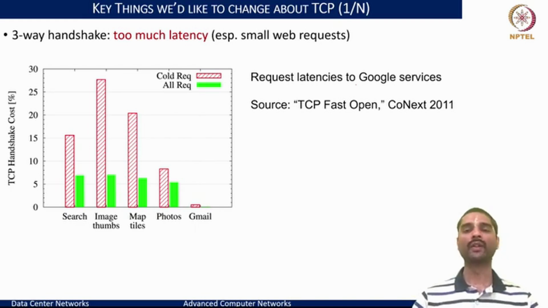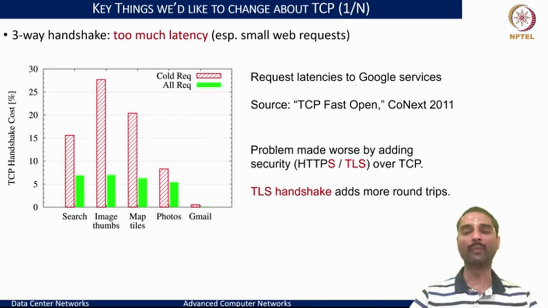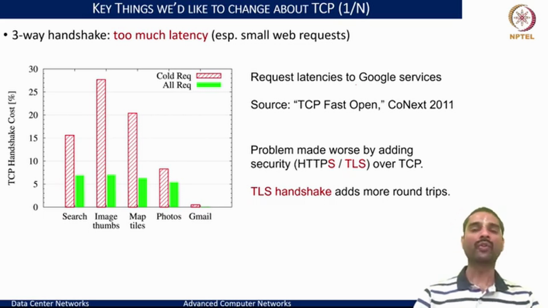Besides, when we add the overheads necessary for ensuring an encrypted channel built using TLS, you need additional handshakes between the client and server to negotiate the cryptographic parameters and exchange certificates, so that the two parties can trust each other and negotiate the keys through which they can send the encrypted data. And this further worsened the overheads that pile up for connection setup. With the TLS handshake, we are typically talking about almost 2 to 3 additional RTTs before we could even make a request. Hence, this was something to be looked at to see how we can minimize these overheads.